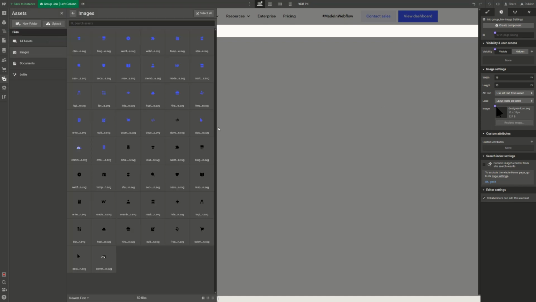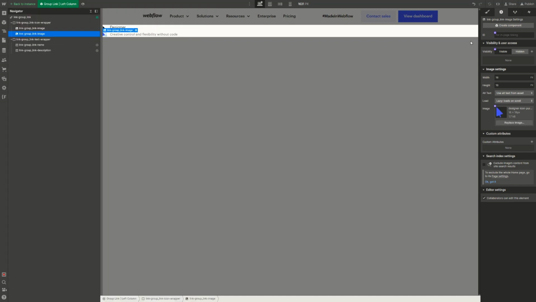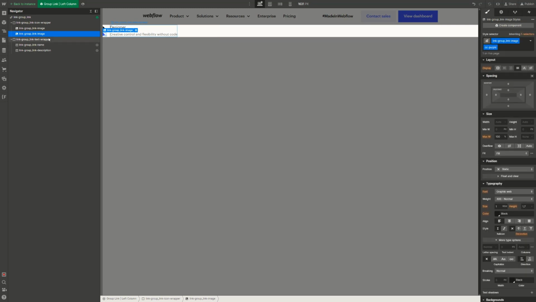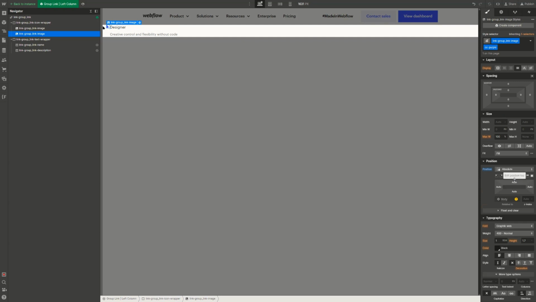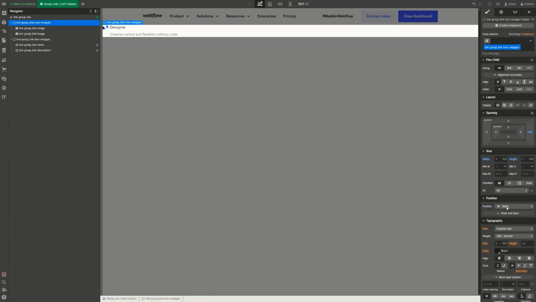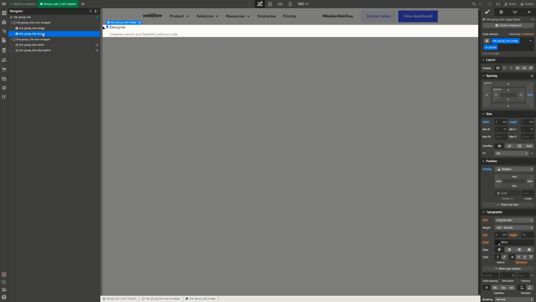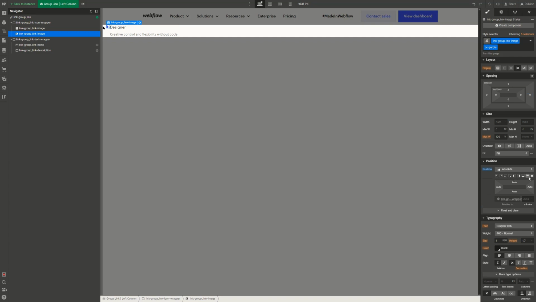So we need to pick the purple version of the icon, and then let's make it absolute. And now to position it properly, let's select the icon wrapper here and set its position to relative. So this will be the reference element for our purple icon, so that we can just click on the full option,